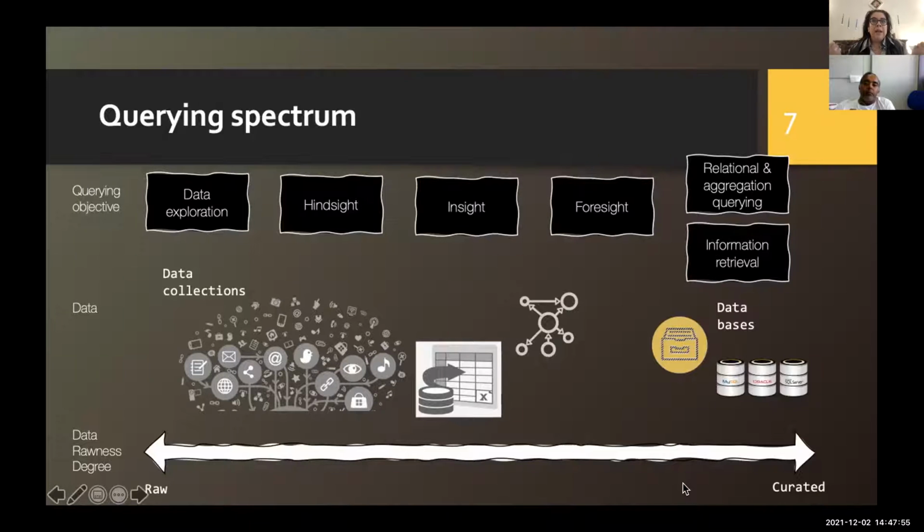Do I have enough insight behind the raw data, some complementary information that can tell me what the data is about? Or am I an expert and this knowledge is in my brain and I can use it in order to explore the data? And then if I move forward into curation, of course, I eventually can have hindsight of the data. What happened, if these are observations? Then I can have insight about what I'm observing. Why did it happen? So all questions that relate to why did it happen are insight questions.